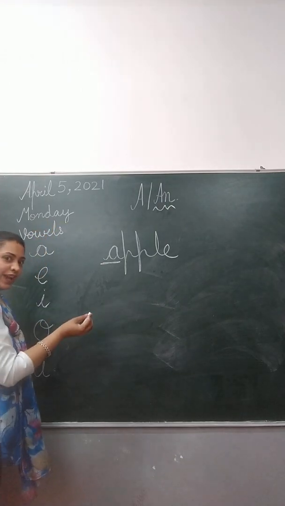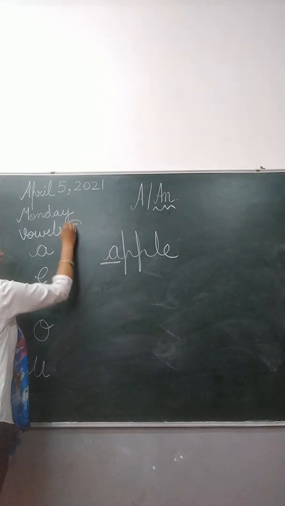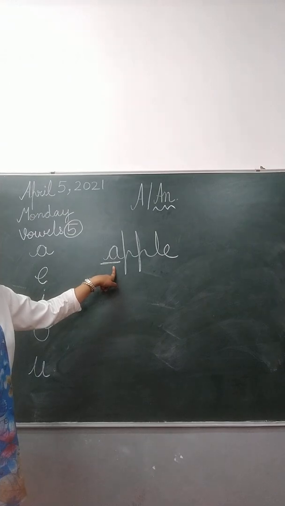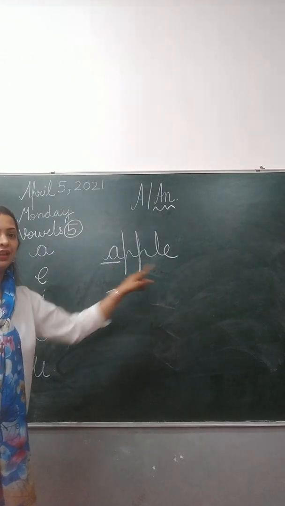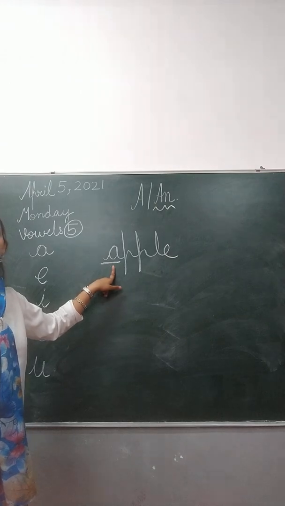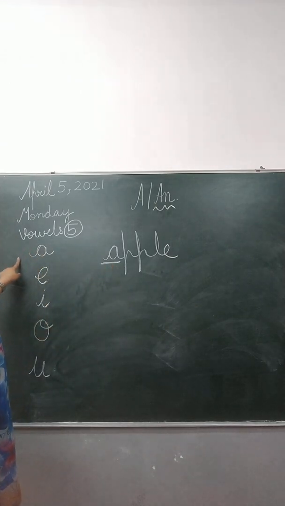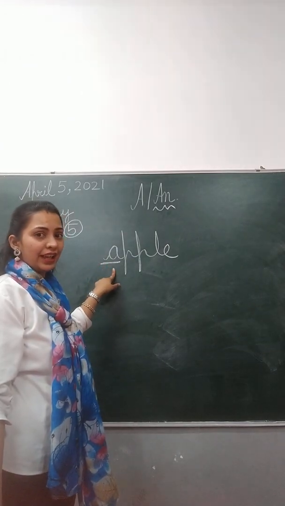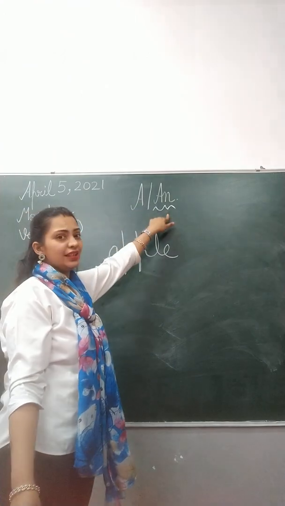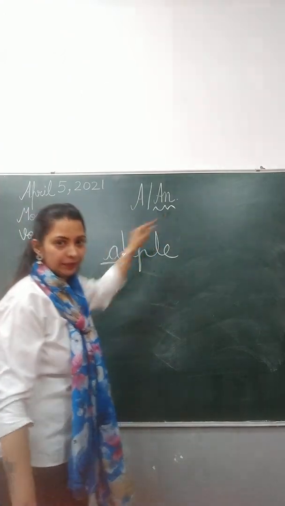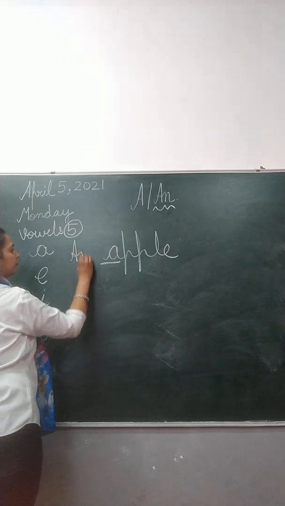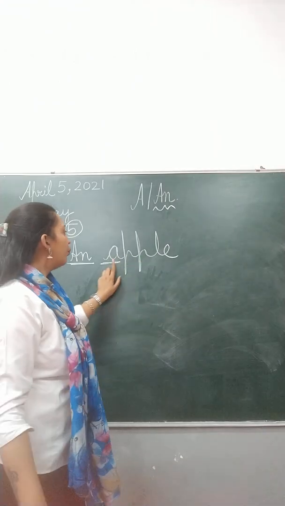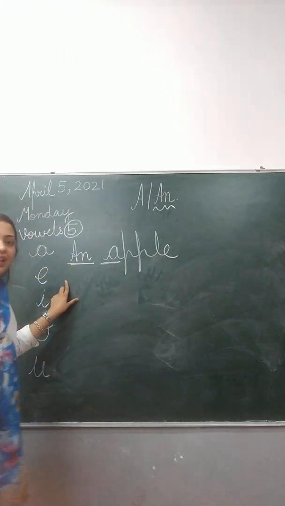These were known as vowels. How many vowels do we have? We have 5 vowels. So the first word is A, P, P, L, E, apple. That means this word is starting with the letter A and that letter is a part of my vowel list. So what should I use with A? As it's starting with A, what should I use out of these? I will be using an, because whenever a word is starting with a vowel, we always put an.